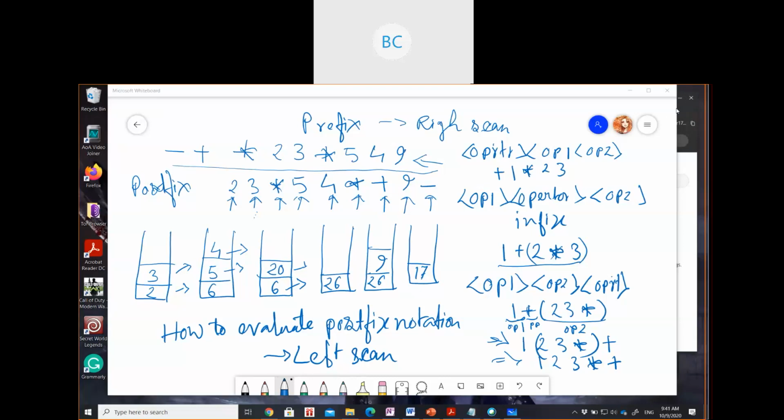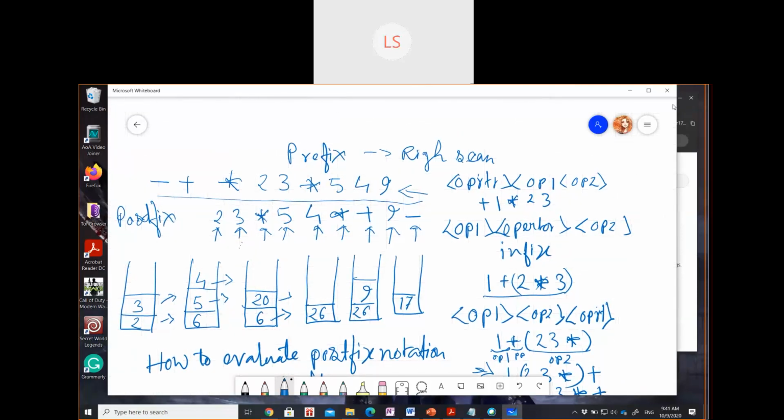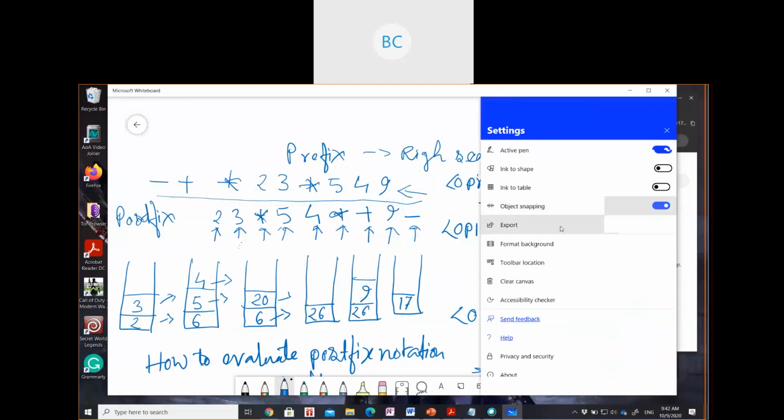Does anyone have a doubt? Yes, ma'am, in the prefix, since we got 9, 4, and 5 in the first case, it doesn't matter. We have to push all those three numbers in the stack, and then we have to multiply 5 and 4. Yes. And in the last we have to multiply with 9 also. Yes. Wait. Then 180 is coming, ma'am.